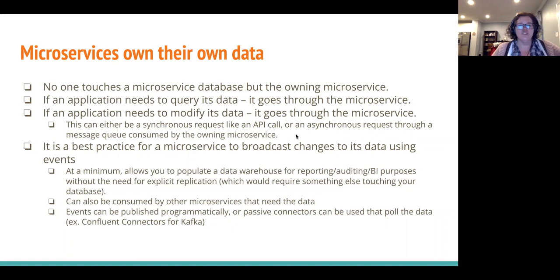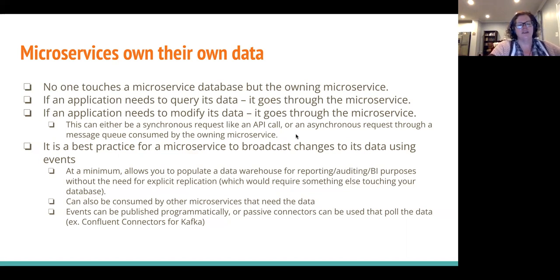And that could be just to build their own store, like we talked about, so they have a read-only copy of this data because they need to join across it for their own queries. Or it could be that they need to act when certain things happen with certain kinds of data, so they can consume the events to start a process on their side. And it's nice because it keeps the responsibility separate. The publisher of the event that owns the original data that's getting changed doesn't need to know how everybody else is going to react to that, because it's just saying, hey, I did this, data changed. If you care, great. If not, that's fine with me.